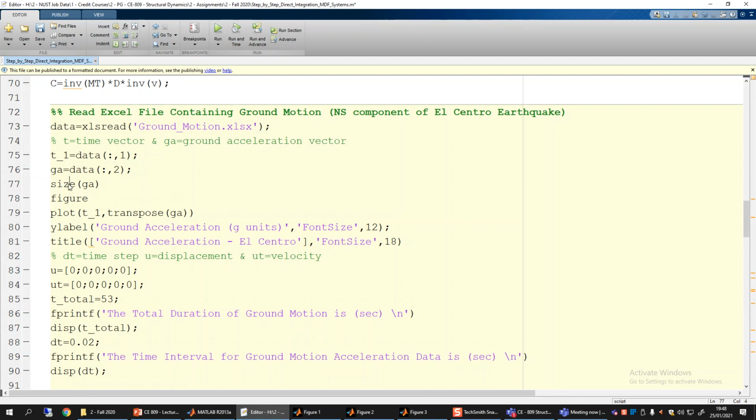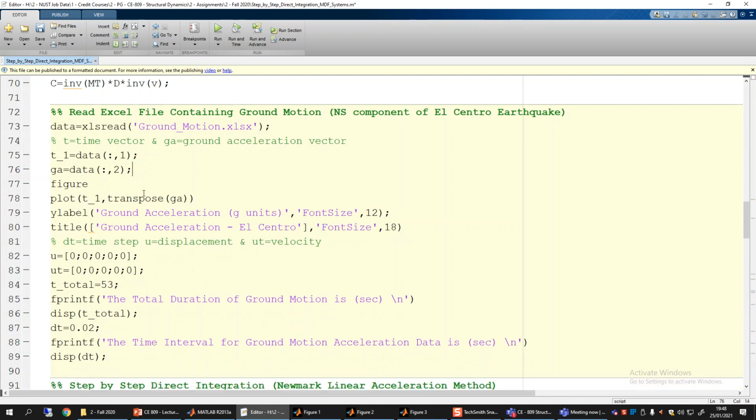If I subtract one time increment value from the other one, I can get delta t also automatically. And then delta t multiplied by the total number of steps should be equal to the duration of the earthquake. So currently I just directly fixed this code according to one example, but someone from you can make it more general also.